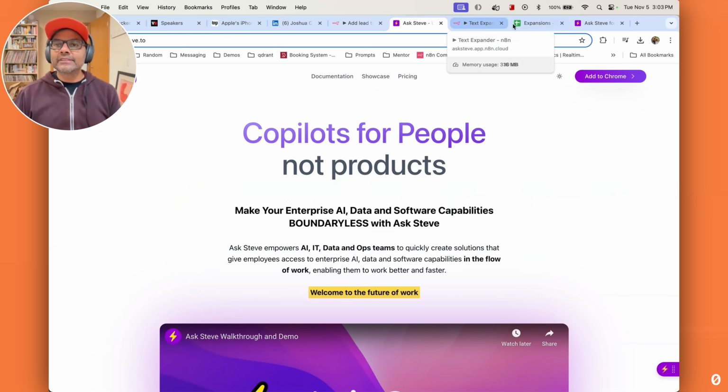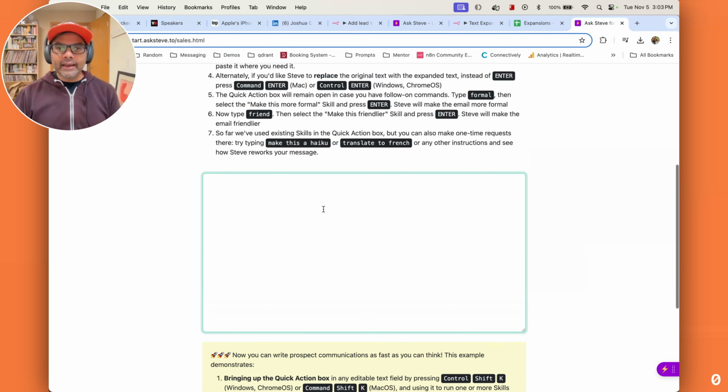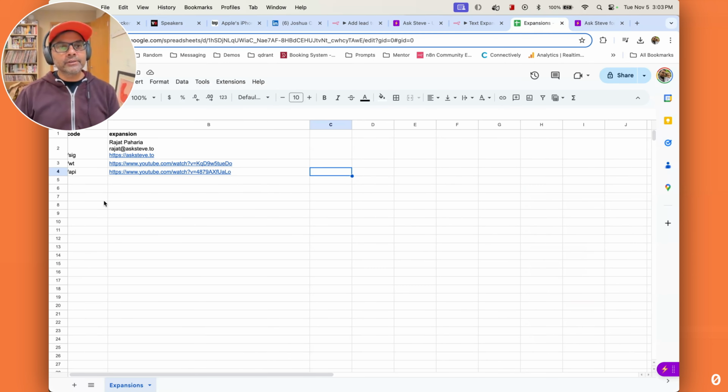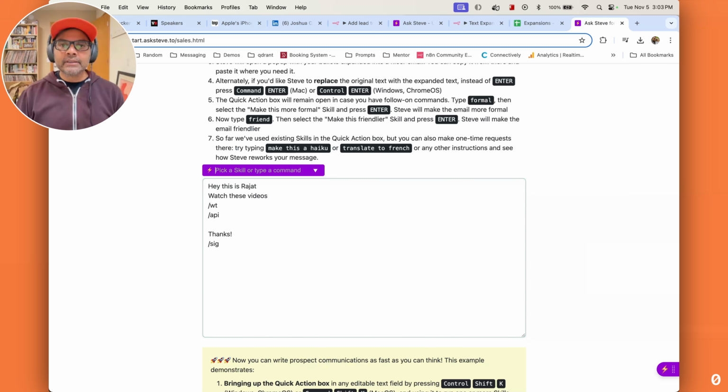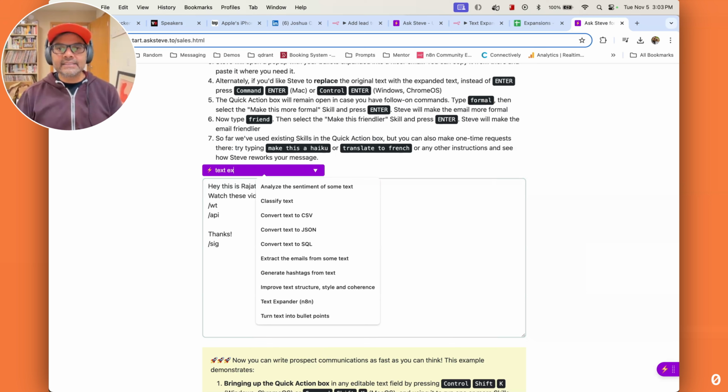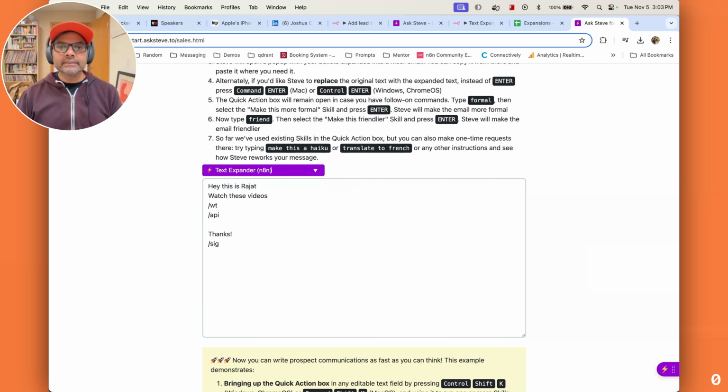And so what I did here was I built a super simple little text expander. I have a Google Sheet that has these expansions in it. Like signature, this is the walkthrough video, this is my API video. And so now I can go in here and say, hey, this is Rajat. And then I'm going to say, watch these videos. I'm going to do the walkthrough video, the API video, and then I'm going to sign it with my signature. And now I can bring up Ask Steve over any editable text field with a certain command stroke, Command Shift K on a Mac in this case, and I can run the text expander skill, and it will expand